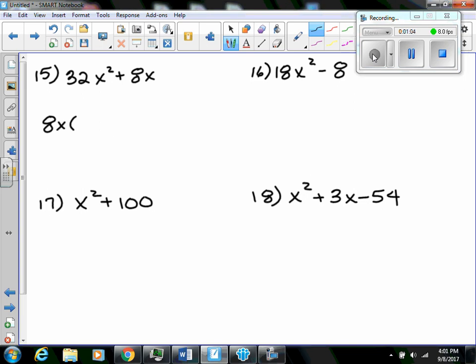Well, remember I told you in class, if you are trying to factor something, basically you just divide it. So you're going to be dividing 8x from this term and this term. Now, when I divide my first term by 8x, I'll be left with 4x. My second term, when I divide it by 8x, all I have is 1. So the answer for this one is 8x times 4x plus 1, and there is nothing more you can do